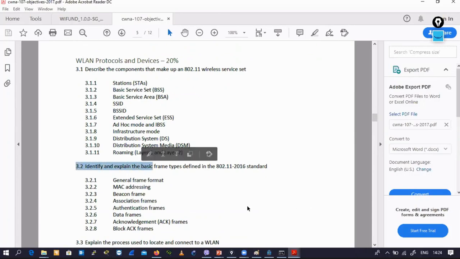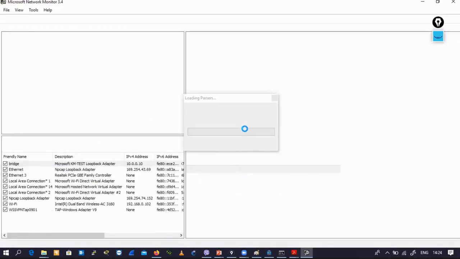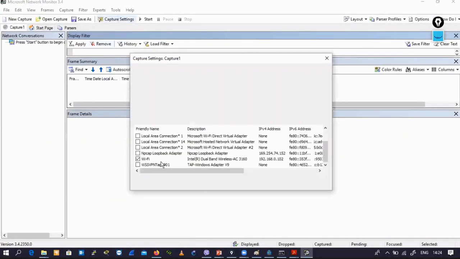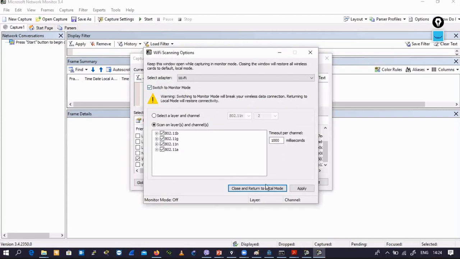You can see here the 3.2. What are the frames? Actually, we have three types of frames. If you want to capture the frames, you need Microsoft Network Monitor 3.4. This is again like Wireshark. How many frames do we have? I have to select the Wi-Fi here. This is my Wi-Fi. Then I have to say new capture, and then capture settings. I have to select Wi-Fi again, properties, scanning options. Under the scanning options, I have to switch to monitor mode, and then